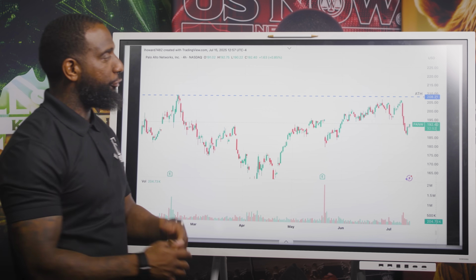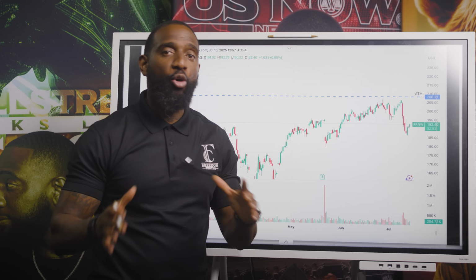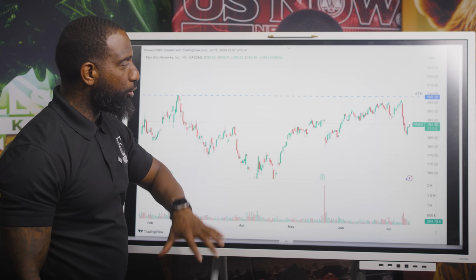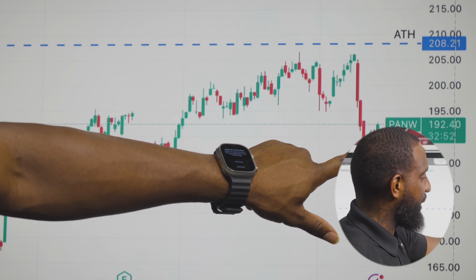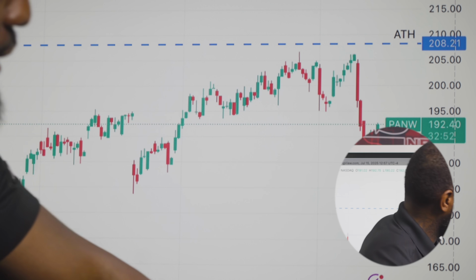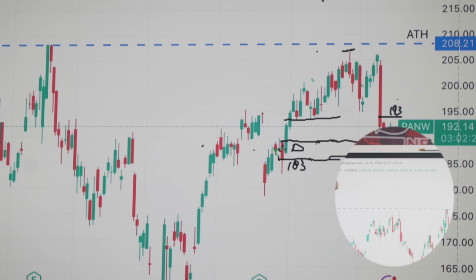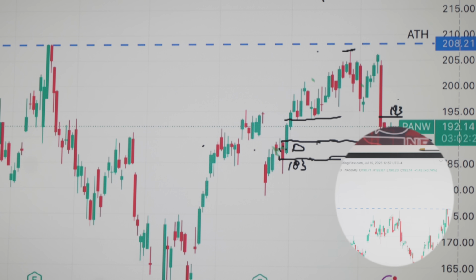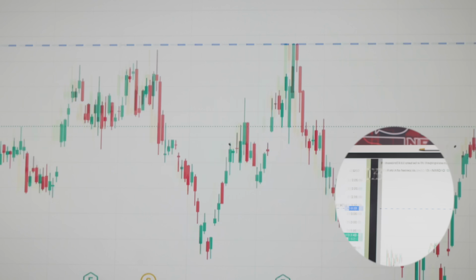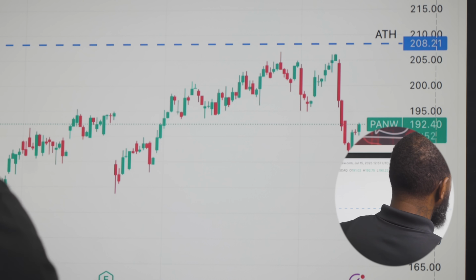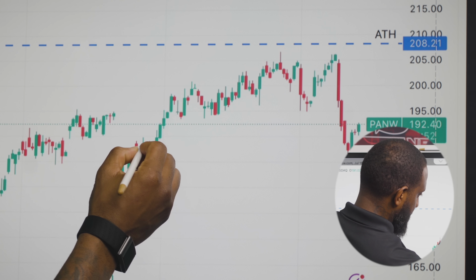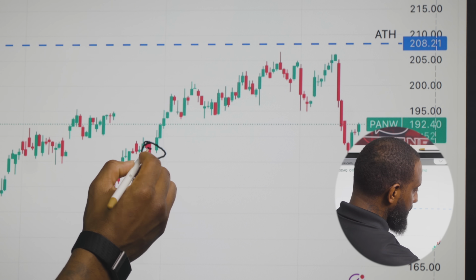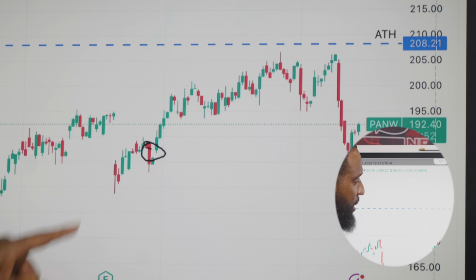Right? So remember I told you the 4-hour chart gives us more clarity, right? It gives us more structure. For the 4-hour chart, this is the same 2 candles have now turned into 3 candles. But watch this. So if you look on a 1 hour, right here at 183, we see the same thing right here, right? We get it right here. This is it. And once it crosses this area right here, that becomes your demand zone.